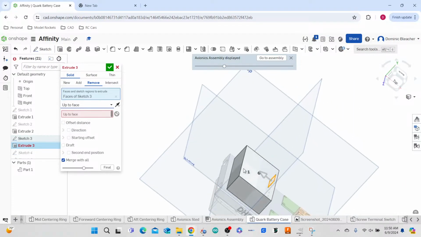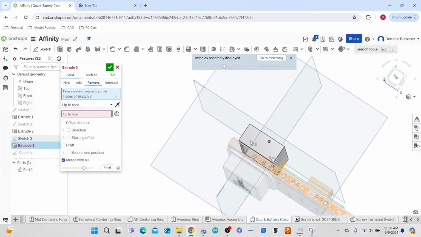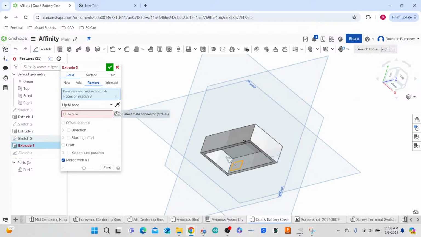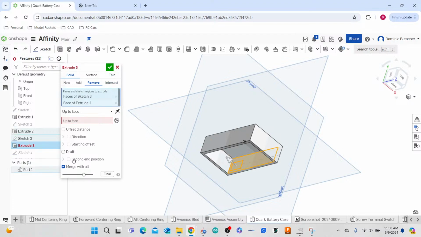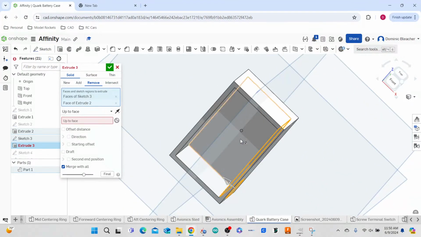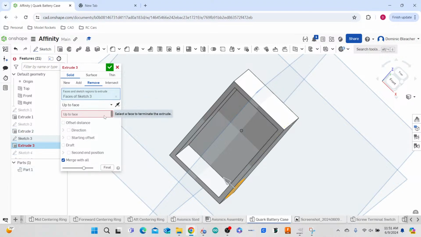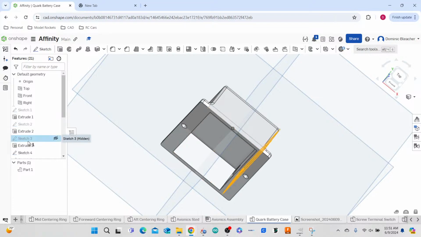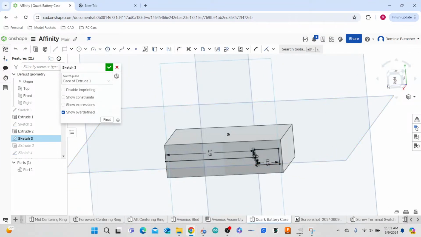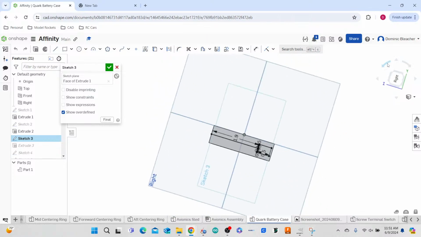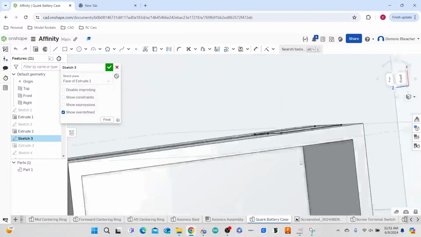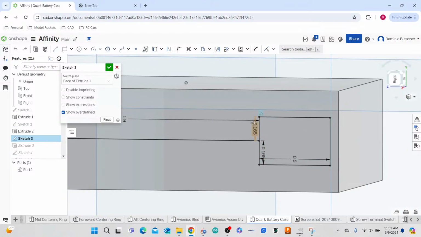Oh, but I can't actually, yeah, I don't need this anymore. There, sketch, extrude 3. Yes, I know. Alright, merge with all. Well, guess what? I clicked what face I wanted. Alright, and then we're gonna go fix you. I'm gonna move them up a little bit, so I'm gonna add 0.17, 0.16,